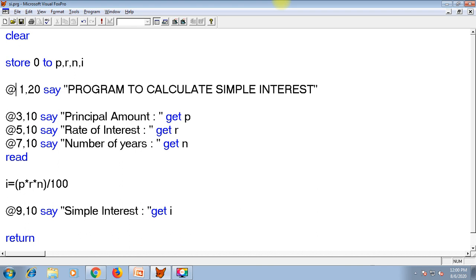Then we have asked for the values of principal amount, rate of interest and number of years, that is PRN. After that, we have applied the formula to calculate simple interest, that is PRN upon 100. And then interest is printed by using say and get command. I think it is very easy to understand, very simple way of writing a program.